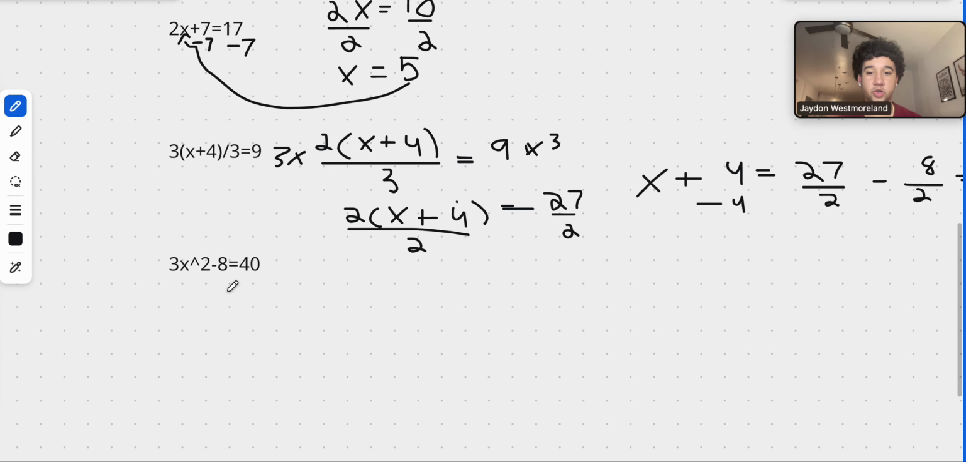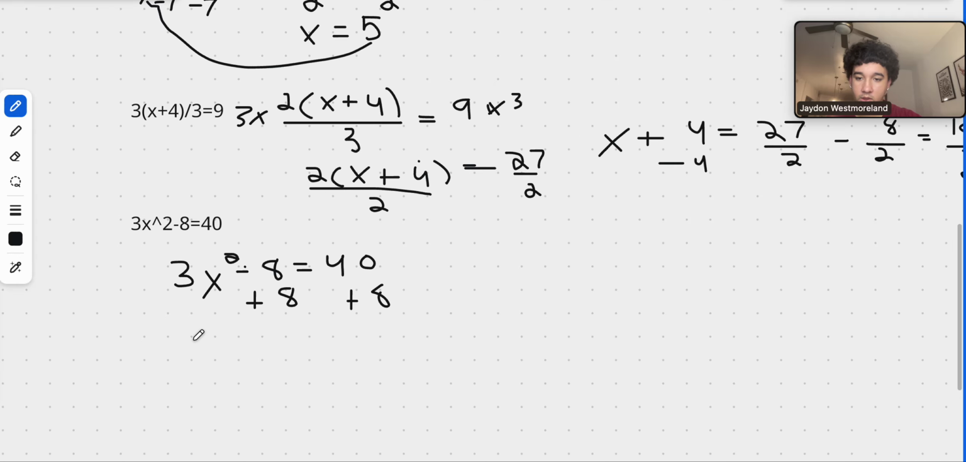Last one here, a little bit tricky. We have 3x squared minus 8 is equal to 40. Okay, so the first part, we have to get rid of this minus 8. How do I undo subtracting 8? I'm going to add 8 to both sides. That's going to give me 3x squared is equal to 48. From here, what I'm going to do is I'm going to divide both sides by 3. That gives me x squared is equal to